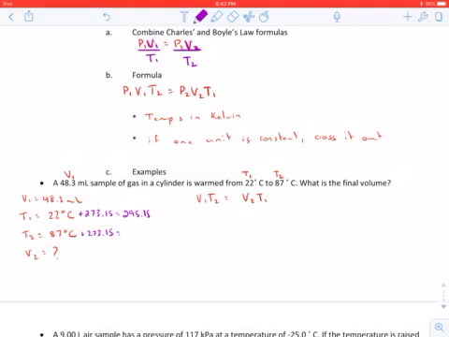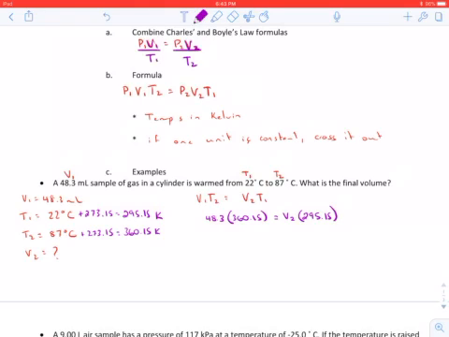And then we've got 87 plus 273.15. And we're going to come up with 360.15, and both of those are Kelvin. So we've got V1, and now we're just ready to plug them in. So 48.3 is V1 times T2, which is 360.15, equals V2, which is what we're looking for, times T1,